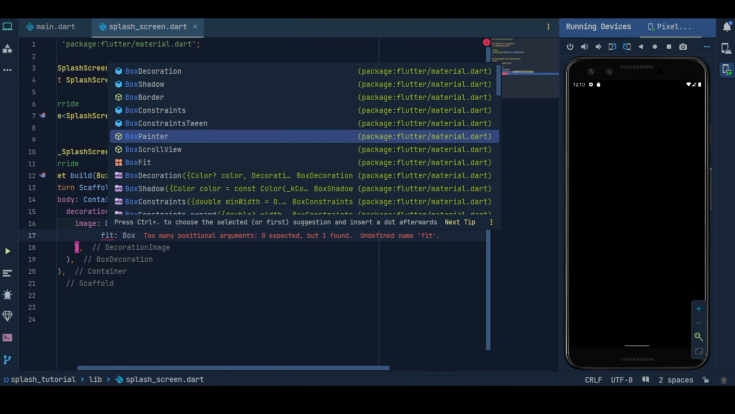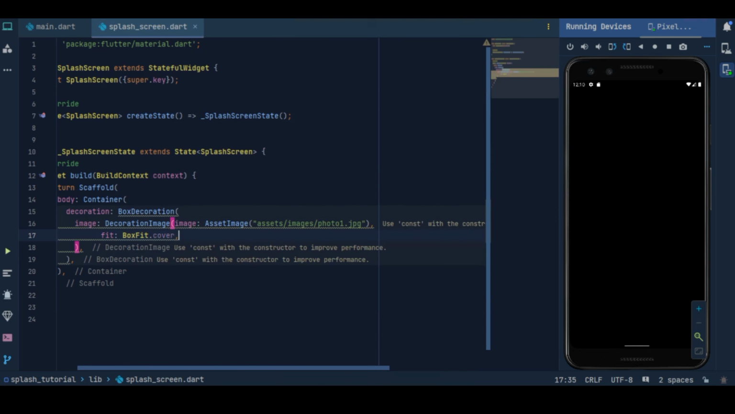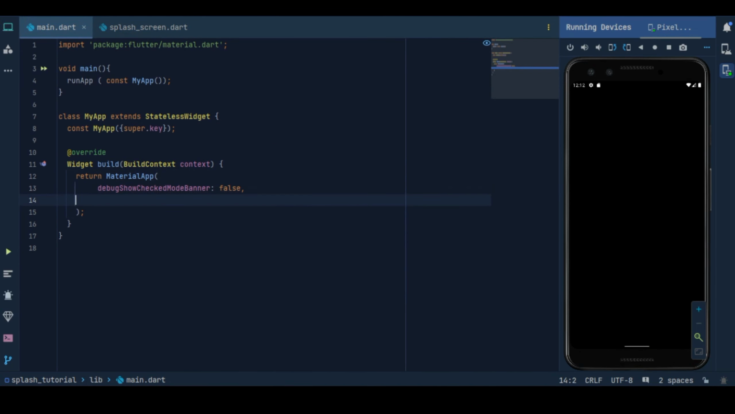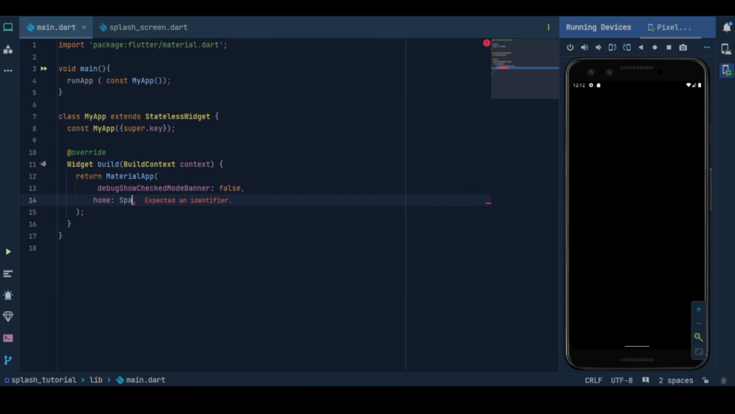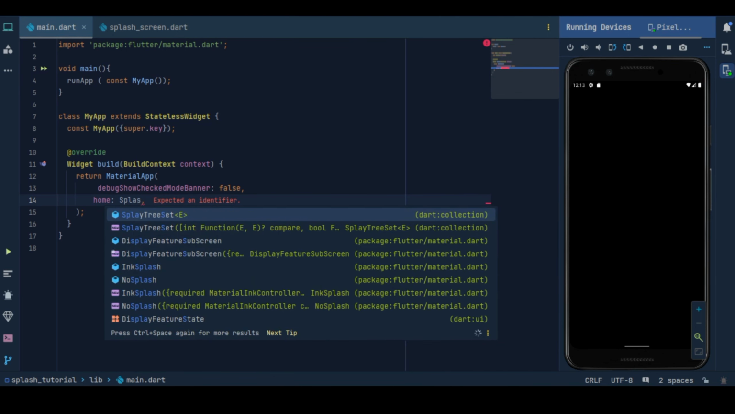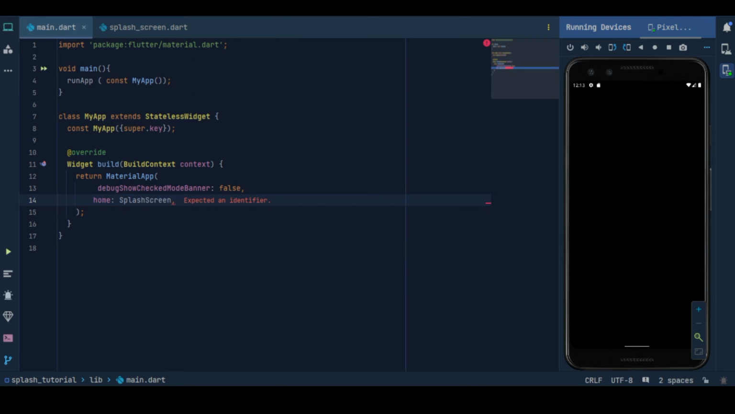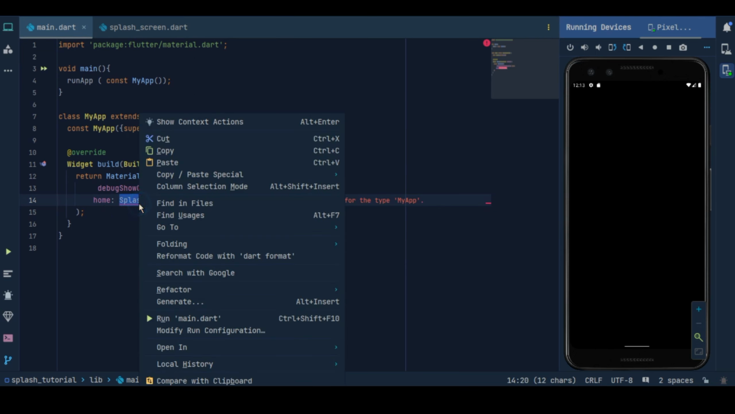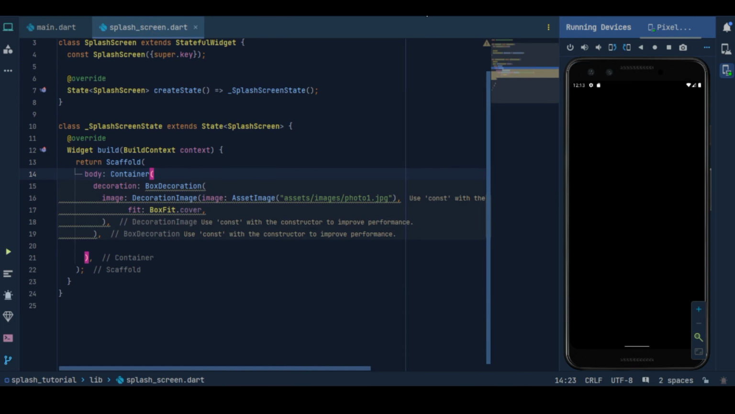Now a fit property, and box fit dot cover. In my main.dart file, the home screen, my home screen is a splash screen, because we have to first see our splash screen, then we want to see our home page. Let's restart the app,